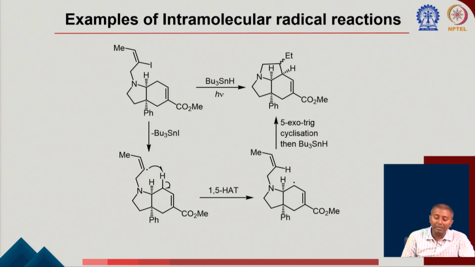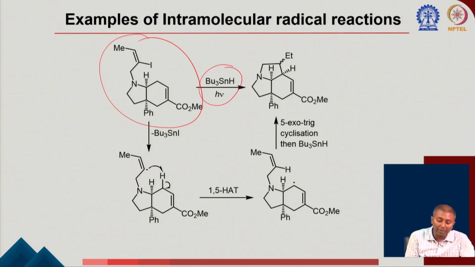Another important example here, which actually also came in the exam. What is going to happen if you take this compound with tributyl tin hydride under H nu? Again the tributyl tin radical is going to form and generate this corresponding radical, a vinyl radical, as I was mentioning in the last slide. For this vinyl radical to come and add to this alpha beta unsaturated carbon will be very difficult. So instead, it is going to go for a 1,5 hydrogen atom abstraction here,